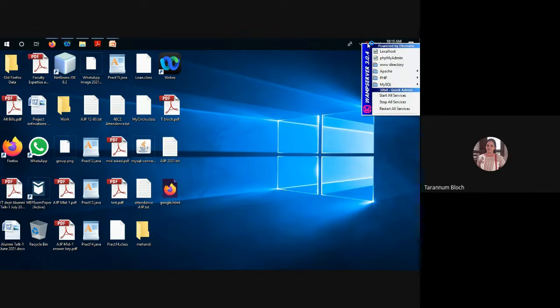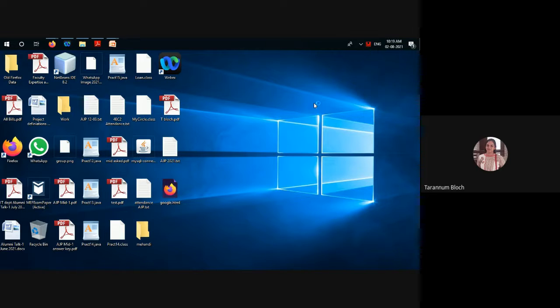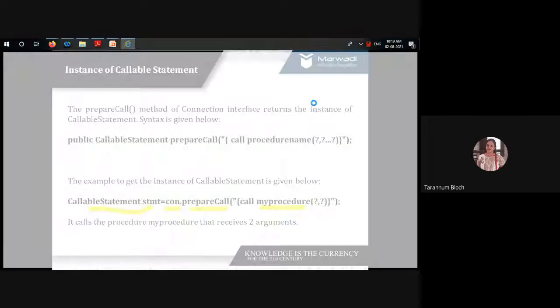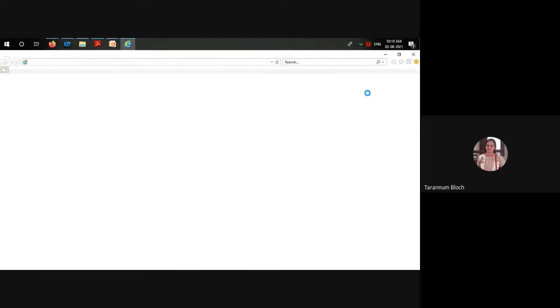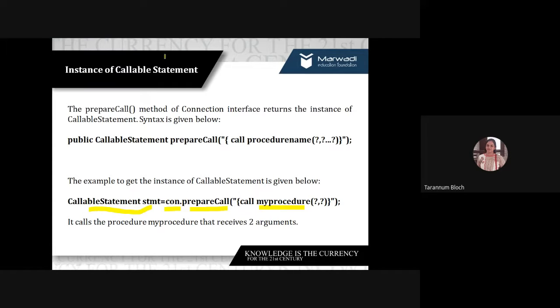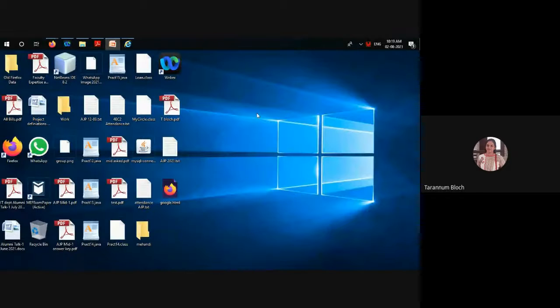Right now I am working with WAMP, and then click on phpMyAdmin, which will take you to your database. Once you are there in your database, you need to create a stored procedure.